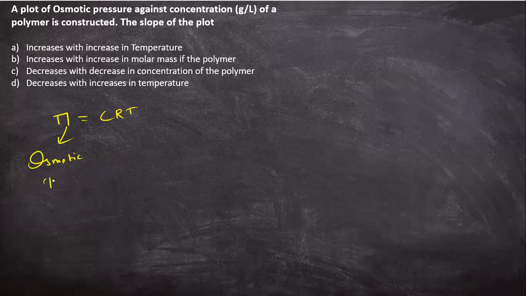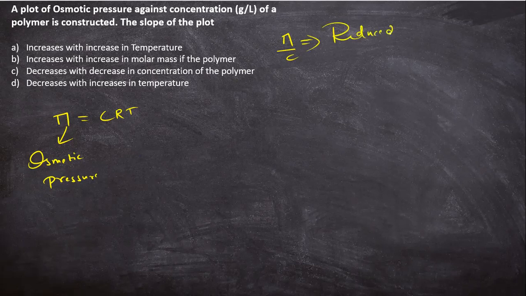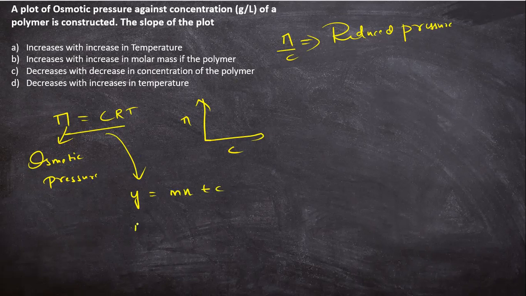What is reduced osmotic pressure? Just keep in mind, you should know the difference. So pi by C is the reduced osmotic pressure. If it is pi, then it is the osmotic pressure. So they are asking for a plot of osmotic pressure against concentration. If you compare this equation to the straight line equation y is equal to mx plus c, y is pi, x is c,